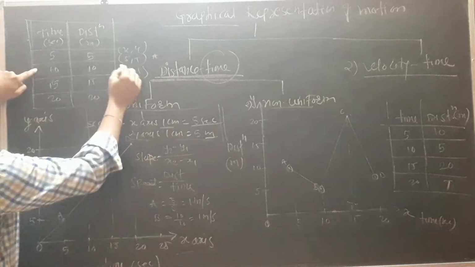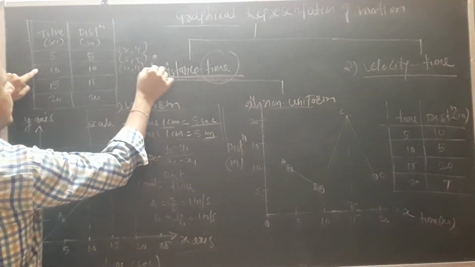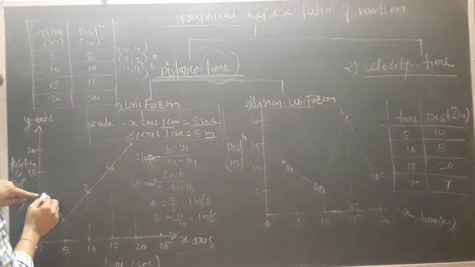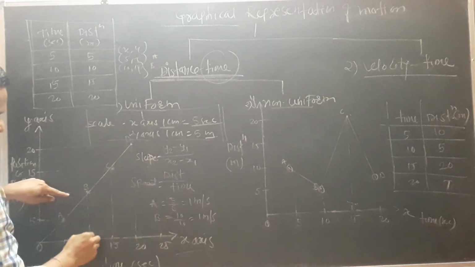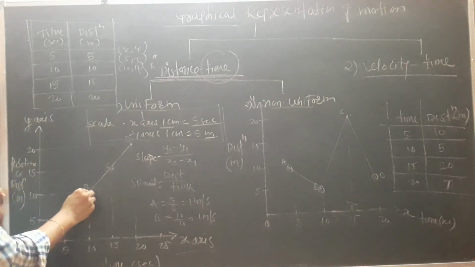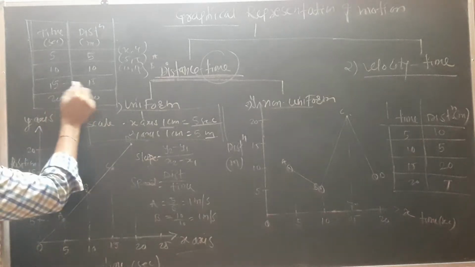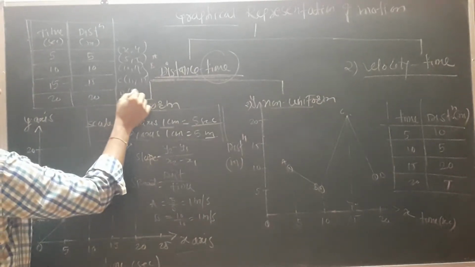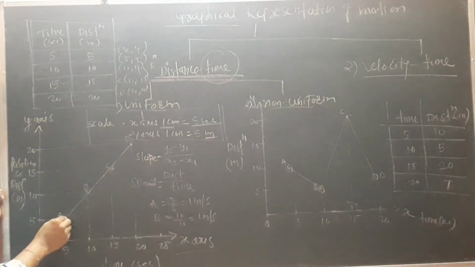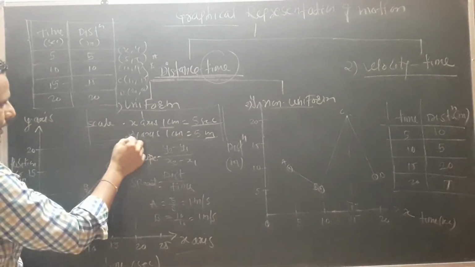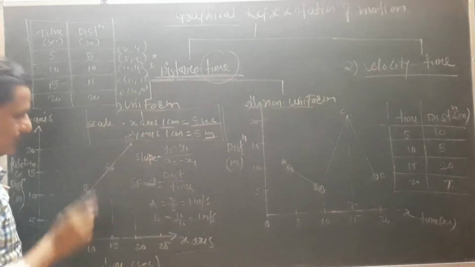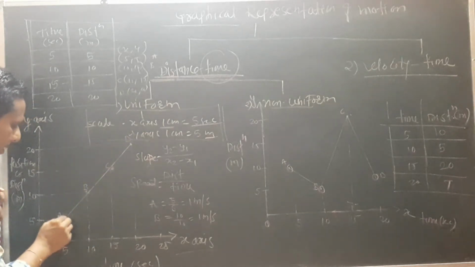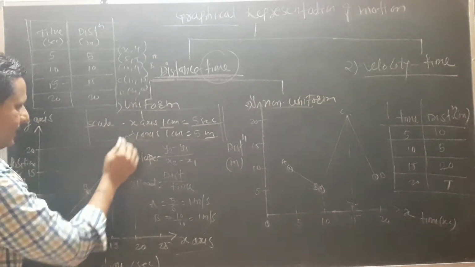The second coordinate is what? 10, 10. So I give it the name B. So I have taken the line at B and this 10. So this is my second point B. Similarly for C, 15, 15. Similarly for D, 20, 20. So I have plotted A, B, C, D. These are my 4 points.